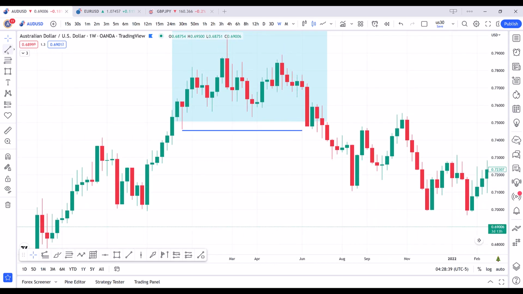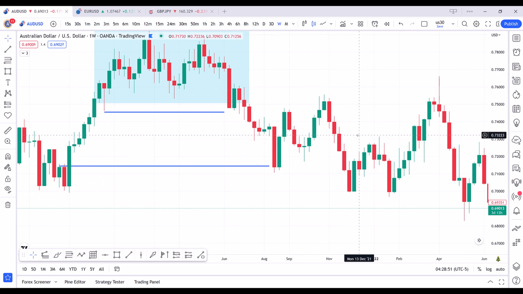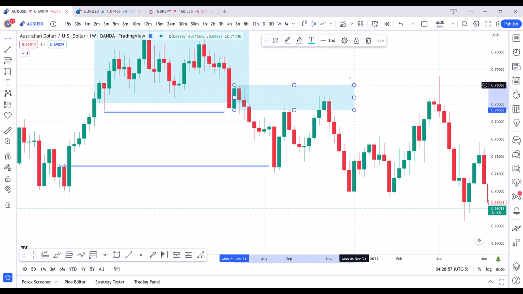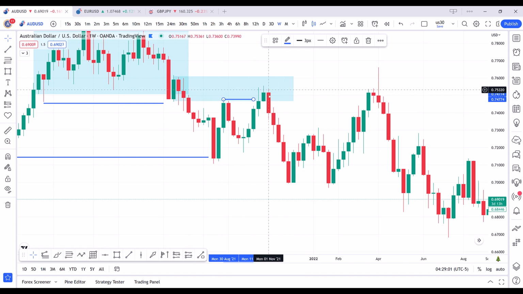Anyway, so the structure breaks. Our first target is going to be here. How are we going to trade it? We are going to mark our POIs, our order blocks, imbalances, liquidities, and try to grab those trades in the lower time frame to the downside. For example, it breaks down, we have our first order block here, and you can see that it comes, grabs this point of liquidity, hits the order block, and goes to the downside.